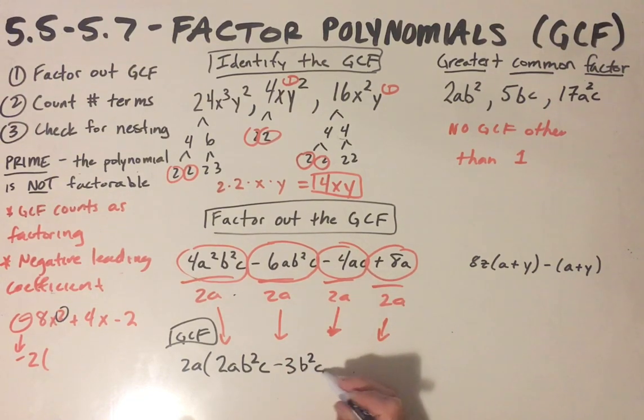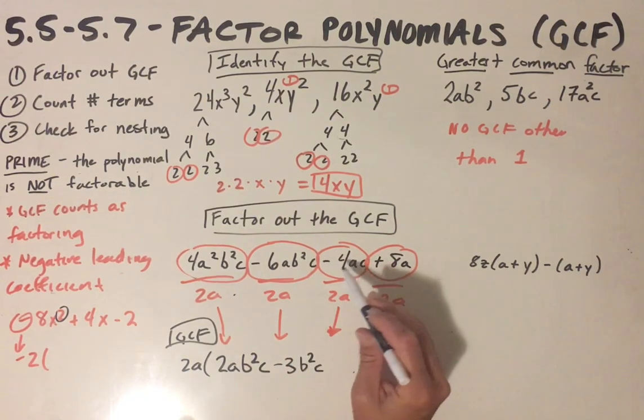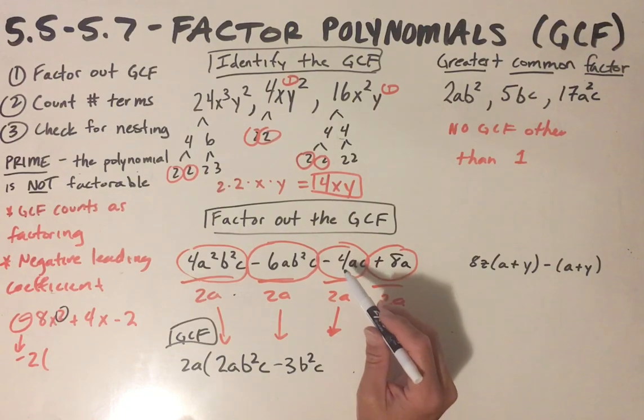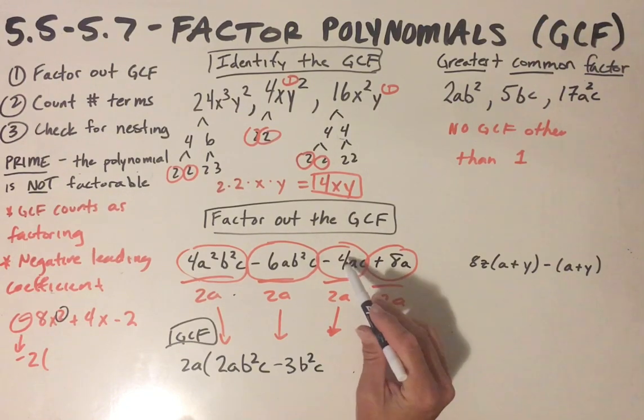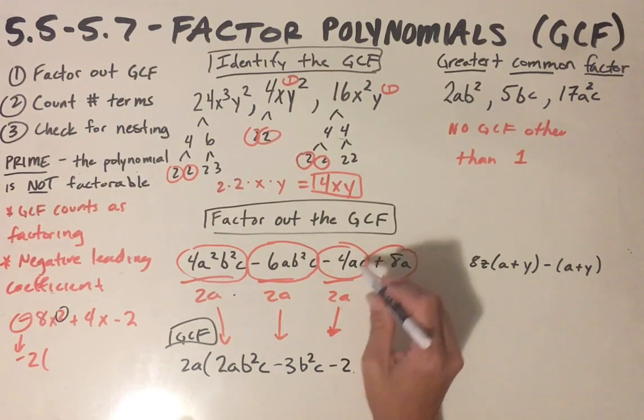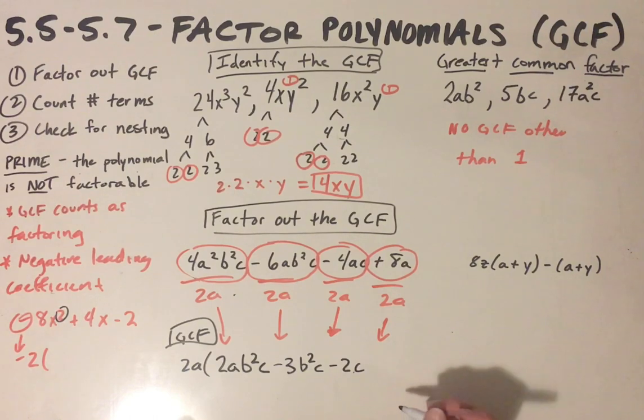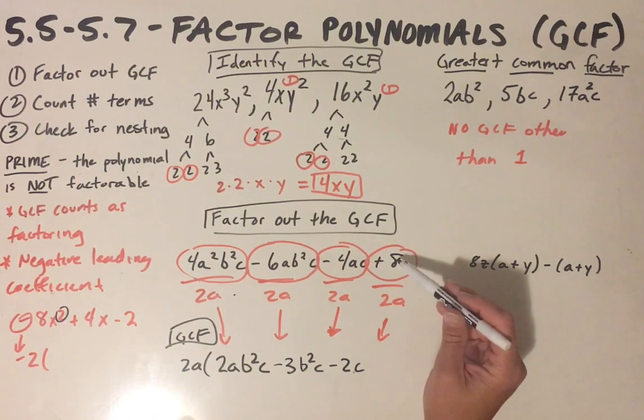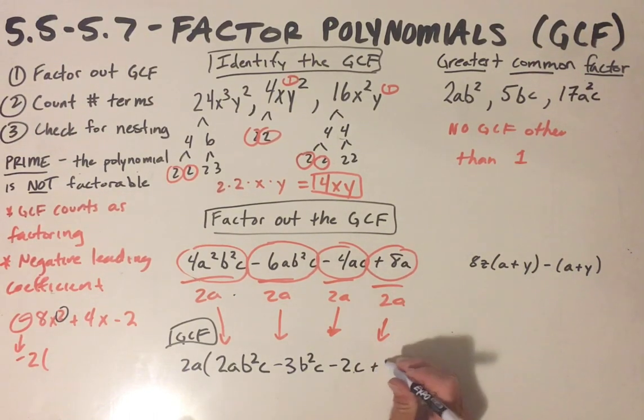The result of dividing negative 4AC by 2A: the 4 divided by 2 is going to give me 2, a negative 2. The A's will cancel and I'll have C left. The result here is going to be 8 divided by 2, which is going to give me a positive 4,